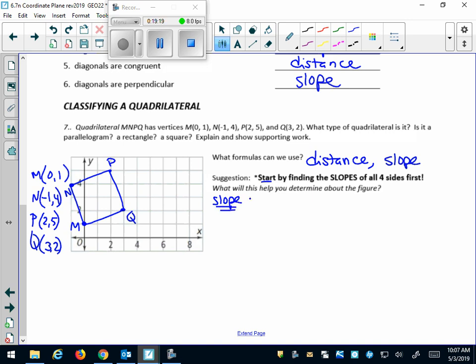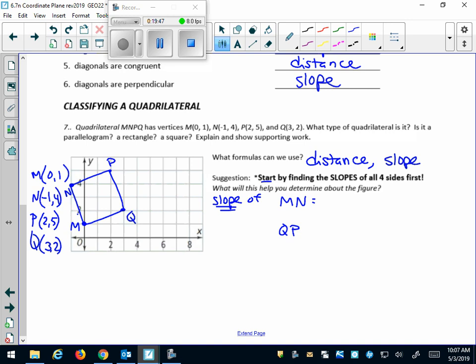So let's do the slope of, and I'm going to do the 2 sides that I think have the same slopes. So let's start with MN. And what do you think has the same slope as MN? QP. Right? We're thinking that if it's a square or a rhombus or just a parallelogram, these 2 sides have to have the same slope. So let's find the slope of